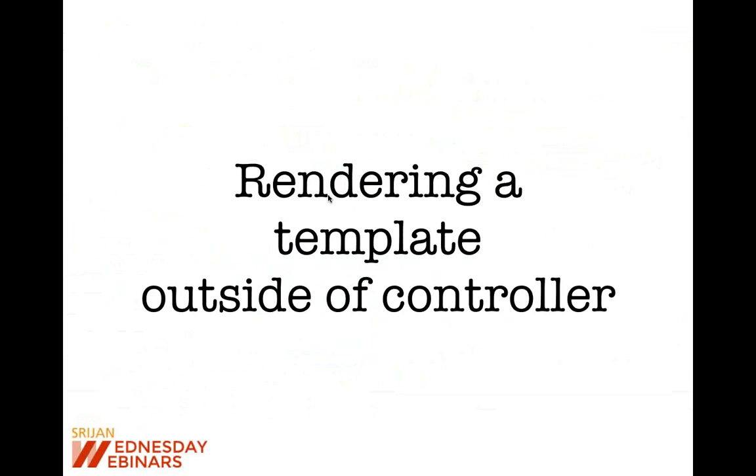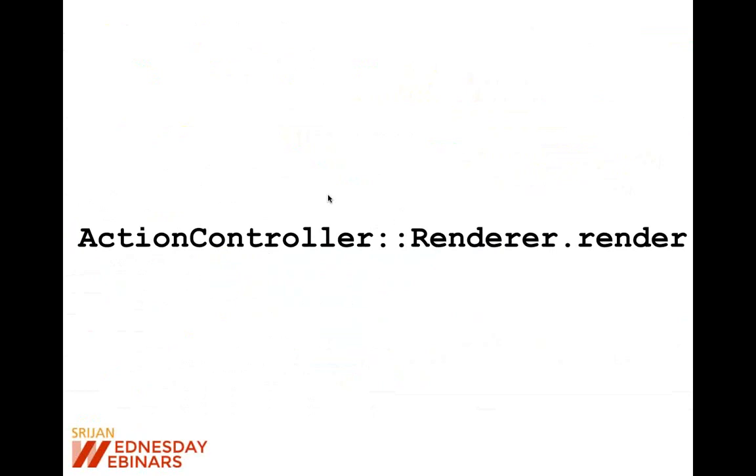Let's say you have a partial for a user, and that partial renders some content for that user. Now, if you want to send that partial as part of a response from Action Cable, how will you do it? Either you will have to duplicate code, or you will have to do some metaprogramming. But in Rails 5, there is a way to render a template or a partial outside of a controller. So you don't have to render a template just inside a controller. You can render it inside a channel also.